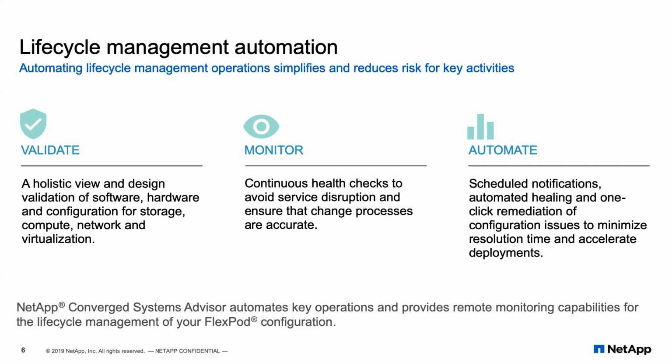So when I say validate, what do I mean? As anybody who's ever looked at the FlexPod solution library knows, there are literally scores of CVDs and NVAs. That's Cisco validated designs and NetApp verified architectures. CSA has awareness of nearly all of them, meaning it can look at your port configurations, VLANs, zoning, cabling, disk shelves, and so on. And it knows what's correct per the design docs and what might be out of alignment